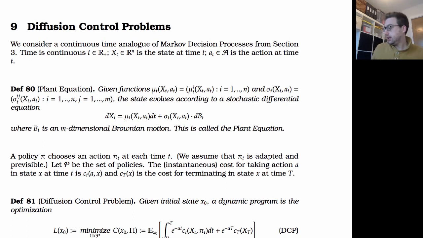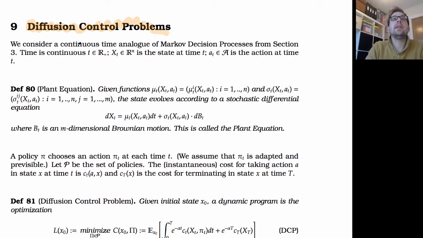Okay? All right. So this is going to be useful later on because we're going to consider controlling different sorts of diffusion processes which are going to correspond to things like stock prices. And the kind of things we want to control is, in order to solve optimizations, we want to say maximize our reward from consumption or maximize our utility. Okay? All right. So what do we mean by a diffusion control problem?